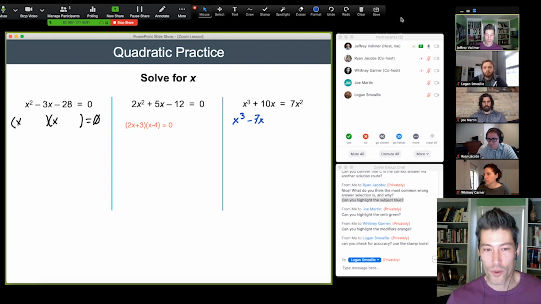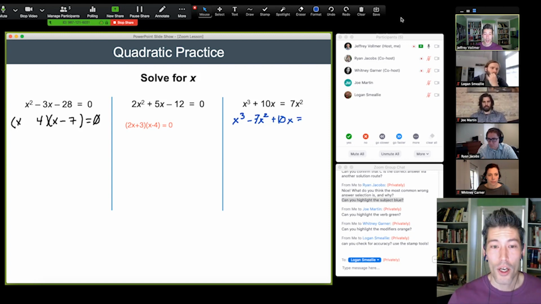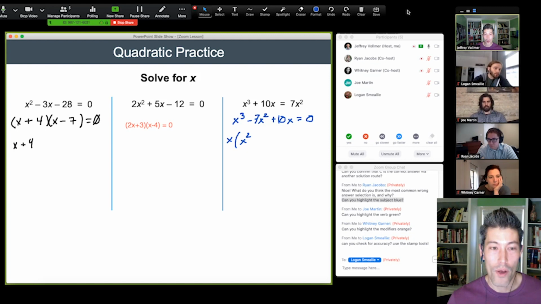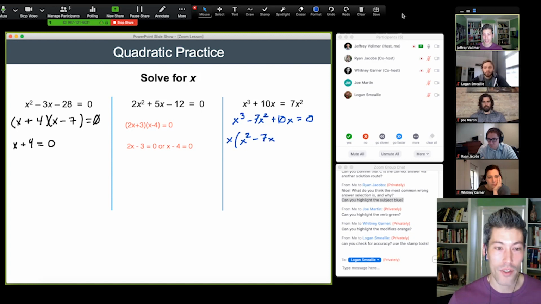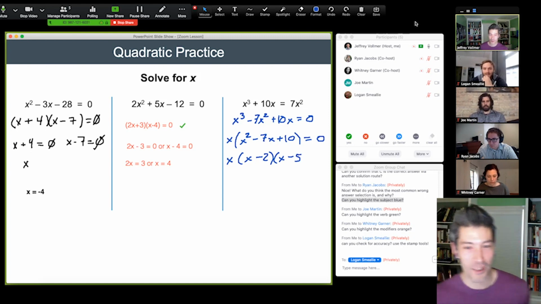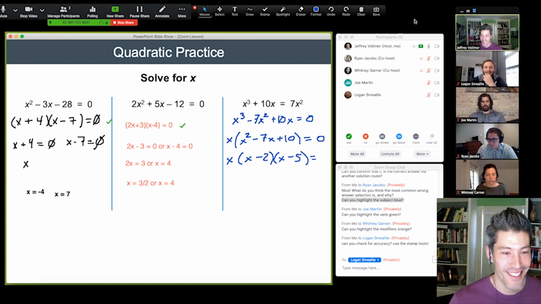Now, to the viewers of the video, one thing to keep in note is if you're not a host, but you are annotating, your annotations won't come up until the annotating action is complete. So you can see that Ryan and Whitney are both hosts here, so their annotations are coming up with each stroke. Joe is not a host, so his lines are coming up all at once. All right, Logan, let's get the stamp tools going on here. A lot of work on here. How are they doing?